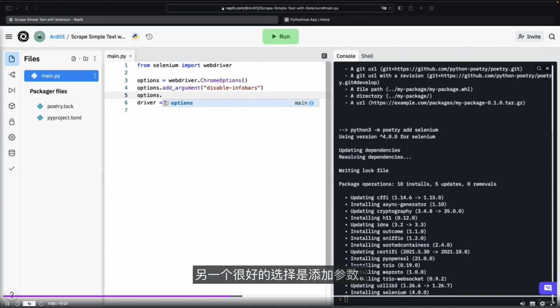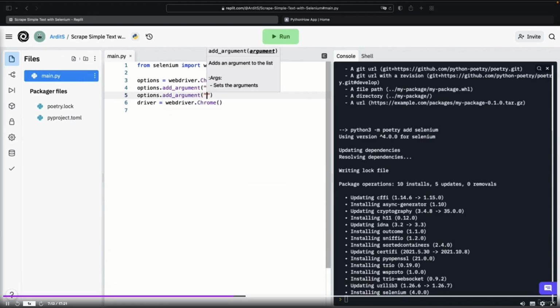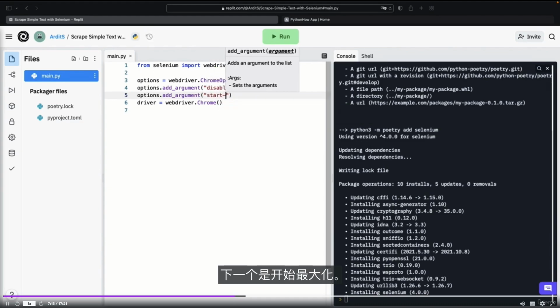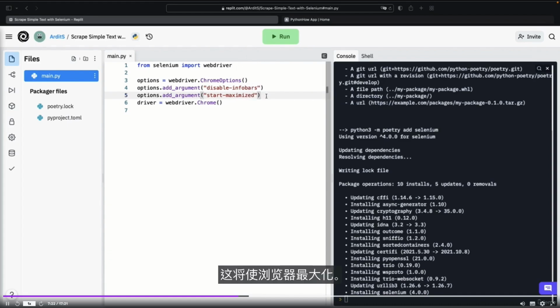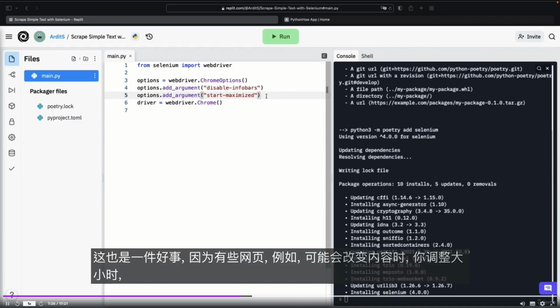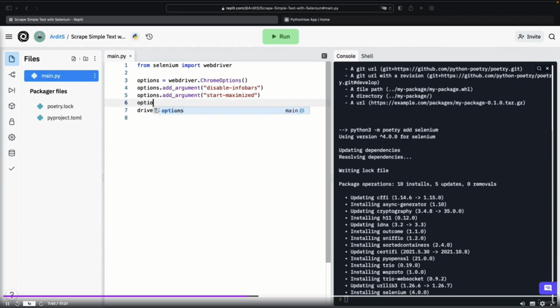Other options that are good to have: add argument, the next one is start-maximized. So that will start the browser as maximized. That's also a good thing because some web pages, for example, may change the content when you resize, when you make them smaller. So we want to access the maximized version of the browser.